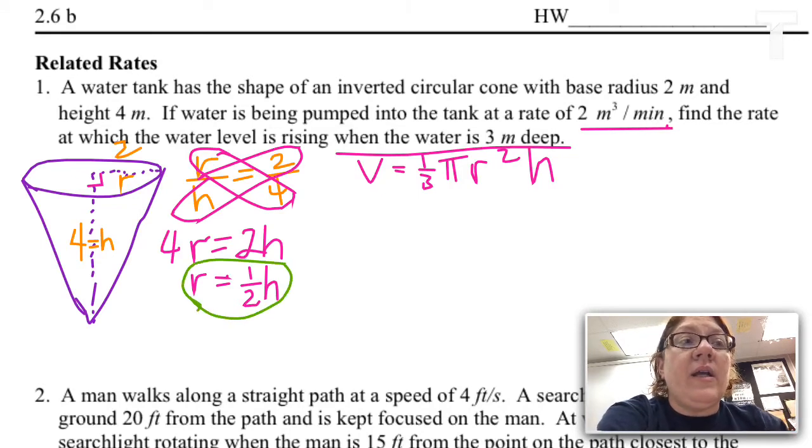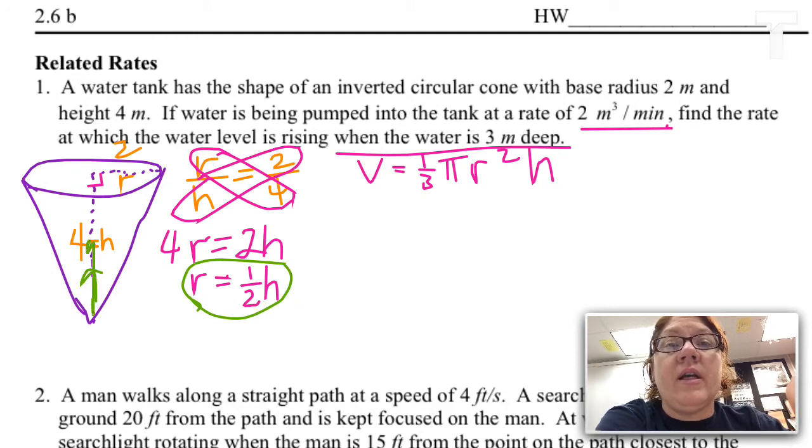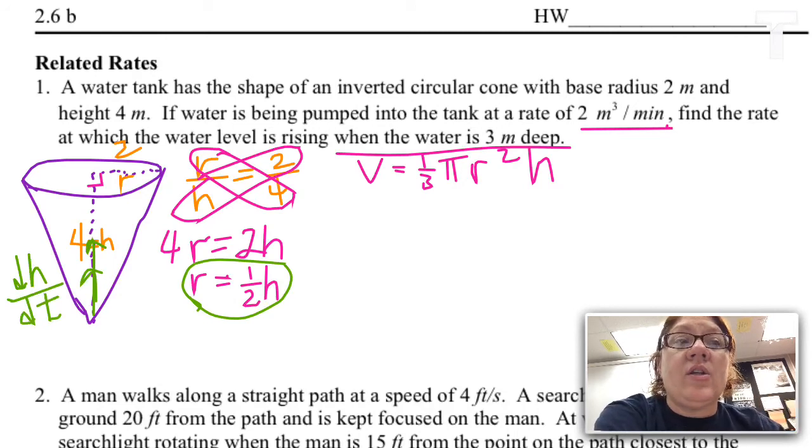Now, I actually paid attention to the question, which said, find the rate at which the water level is rising. So that has to do with the height. I'm looking at water going up, so I'm looking at the change in height. So I'd like that formula to be in terms of height. So that means r has to come out of there so that I can put an h in. So when I do that, then I get